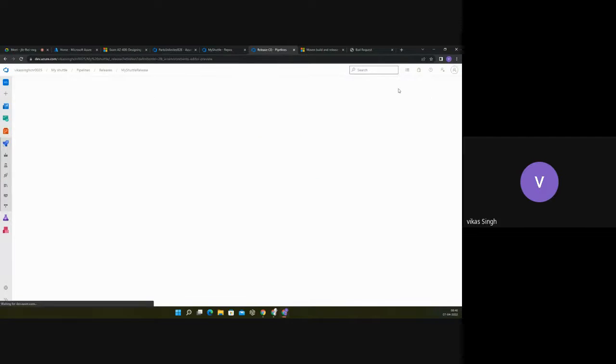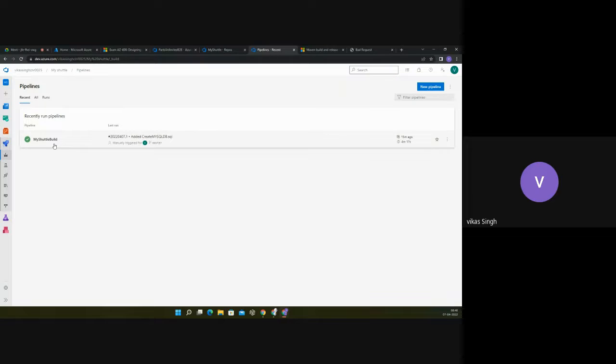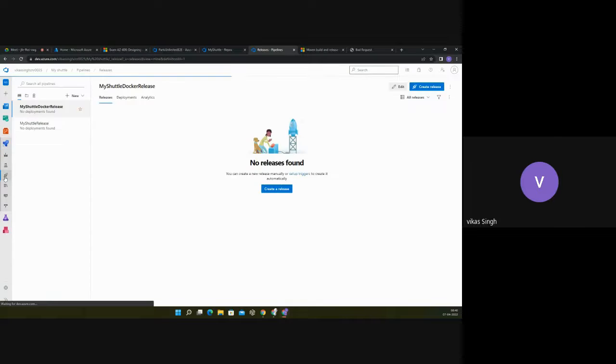We will check this release pipeline. We have not talked much about release pipeline, but release pipeline is basically deploying to a target, right? So most of the work you have to do till build only. Release will have just a task where you will get the image and deploy to a target. It can be a web app, it can be a